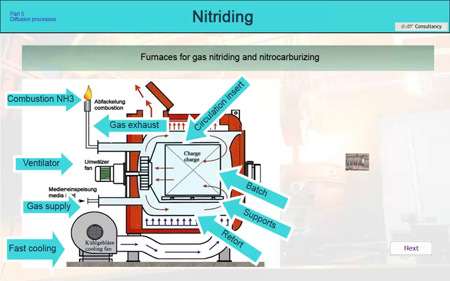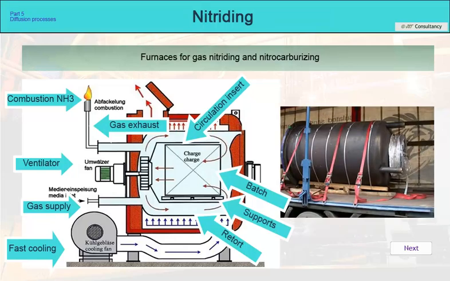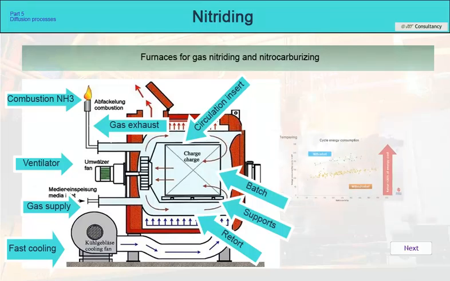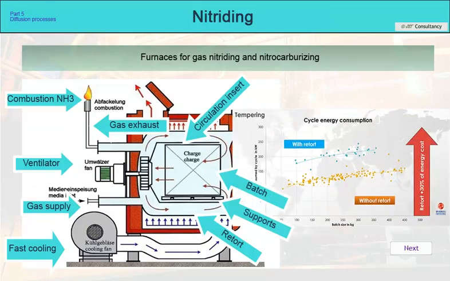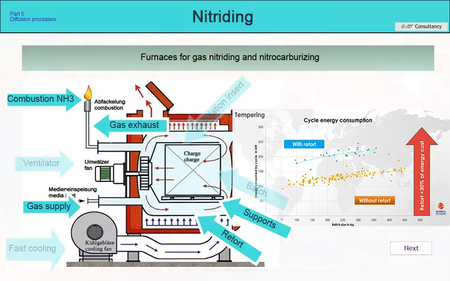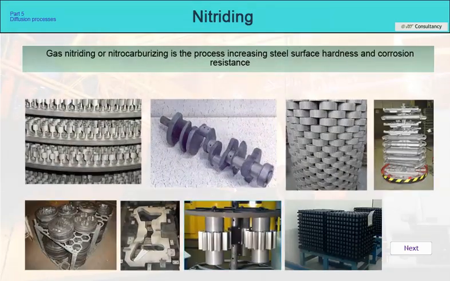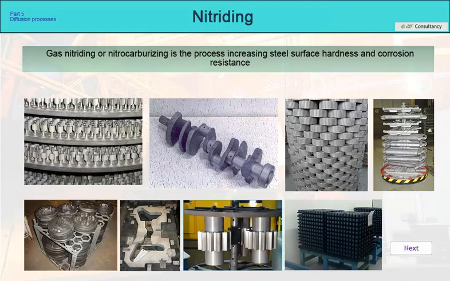The disadvantage of this solution is that each cycle we have to heat and cool a retort weighing almost 1,000 kilograms. This type of furnace has a high energy consumption, 30% higher than in furnaces with direct heating and nitriding under reduced pressure. Gas nitriding is a process with extensive application both because of the creation of high surface hardness